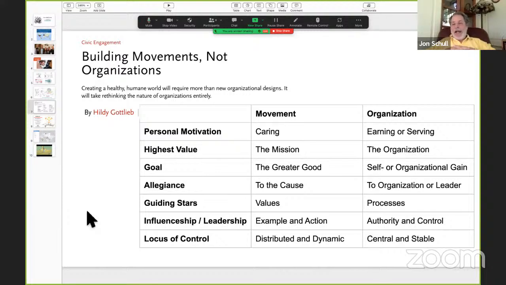And let me just go through it. An organization typically is motivated by the goal of earning money, and the people who work in it are there to earn money or to serve the organization. Their highest value is the organization. e-NABLE's highest value is our mission, which has rarely been formally stated, but basically it involves bringing together a global network of volunteers to make the world a better place using emerging technologies and goodwill. The goal, therefore, is the greater good and not necessarily organizational gain, and that's why e-NABLE is not an empire,